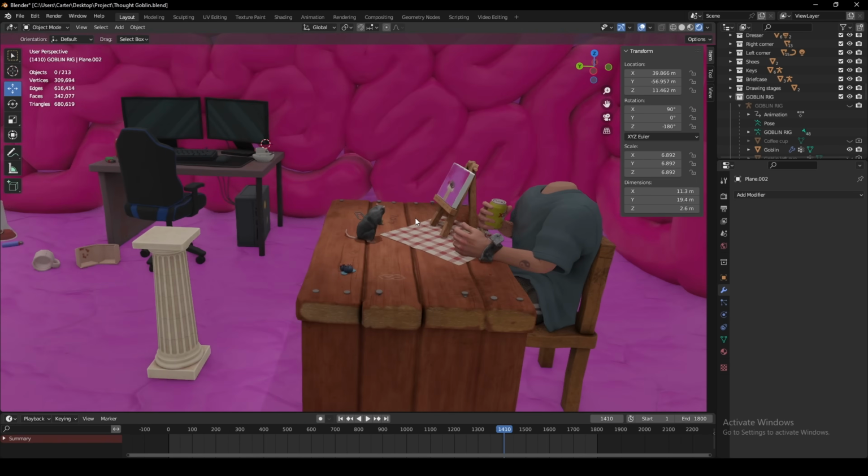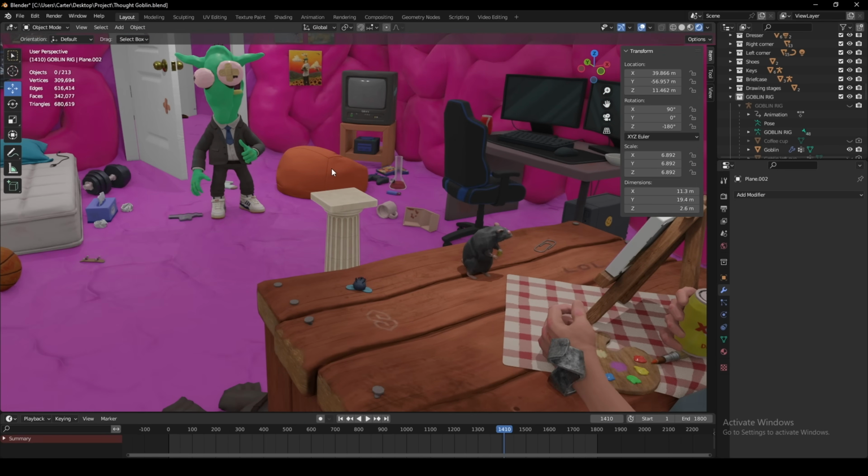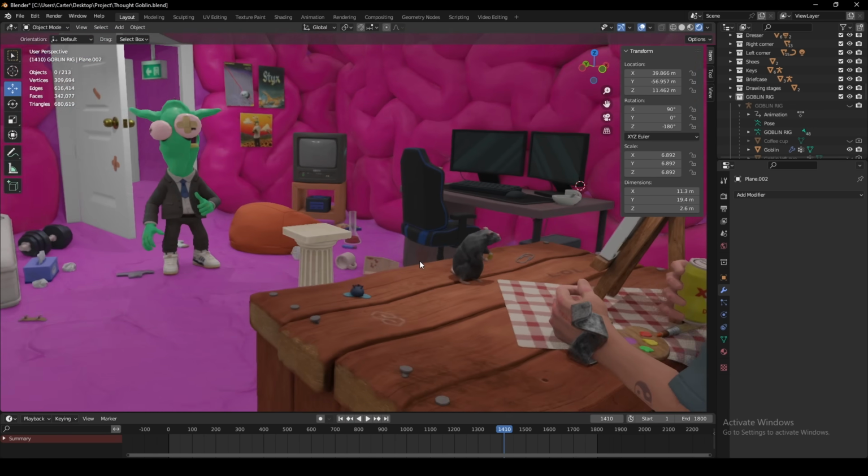There's no AI, or anything that helps speed up the process. It's just straight up work. It's just work, and it's fun. It's very satisfying seeing it all come together at the end. But yeah, I just wanted to mention that it takes a lot of time,